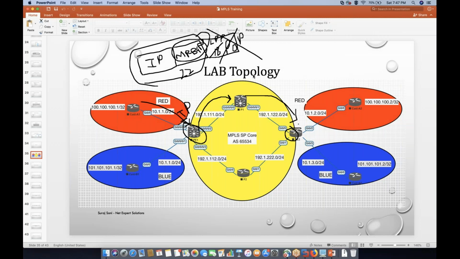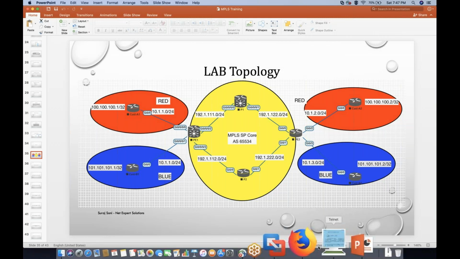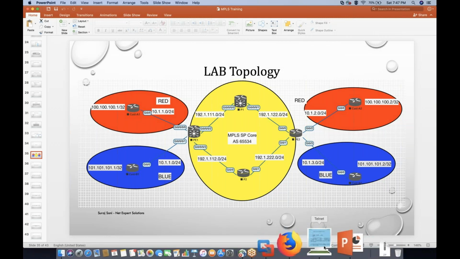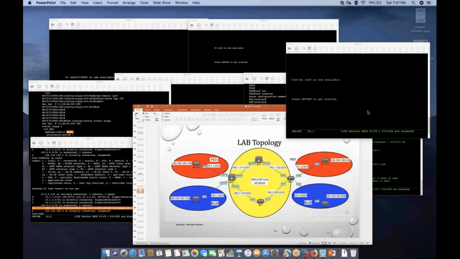Now let's go and set up the blue VPN also. This is not going to take much time. Why? Because my MP-BGP and everything is already in place. I just need to set up new things for blue. So for the blue PE-CE routing protocol, I'm going to use OSPF, because this is one of the most widely used. So I'm going on customer B1